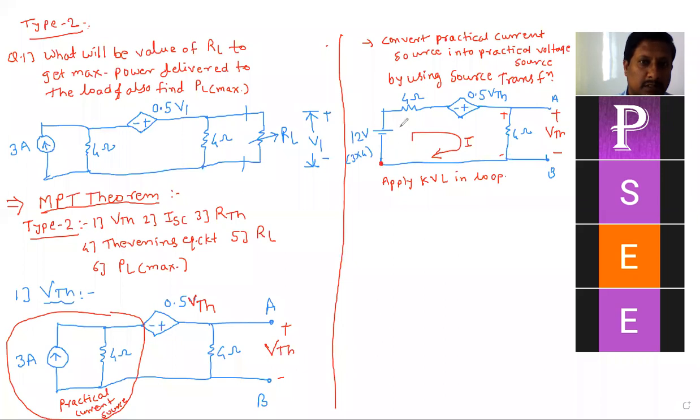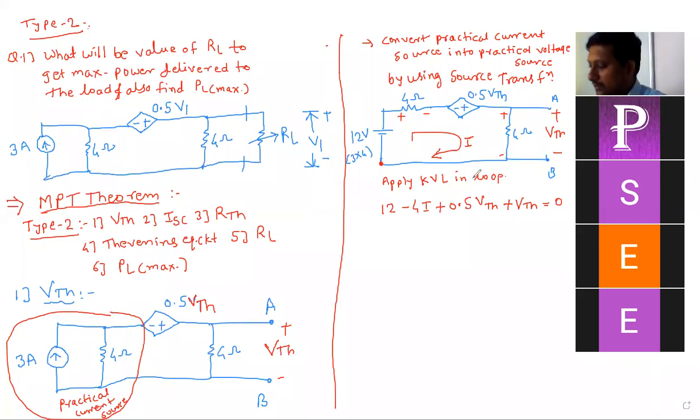So you can start from this point. इथं प्लस मायनस येणार 4 into I. इथं ऑलरेडी व्होल्टेज आहे, इथं ऑलरेडी व्होल्टेज आहे, ह्याच्या अक्रॉसचं व्होल्टेज VTH आहे. ओके, so minus to plus 12. Next, minus 4 into I. Next, minus to plus, plus 0.5 VTH. Next, plus VTH equals 0. ह्याच्या अक्रॉसचं व्होल्टेज तुम्ही VTH घेऊ शकता.